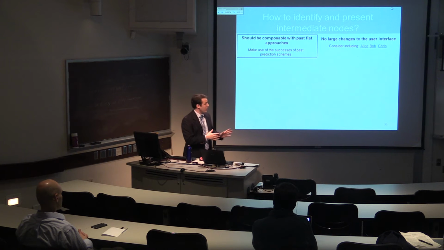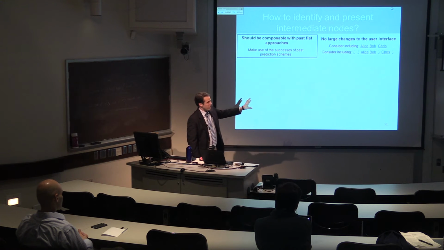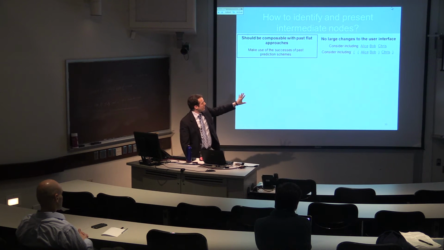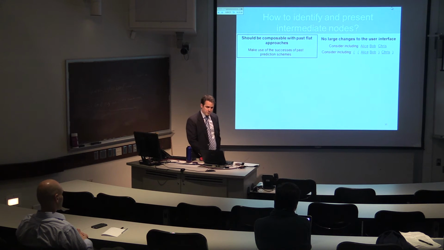Current state of the art presents lists as a flat horizontal linear list. So we made a slight modification where we include markers within that list to indicate hierarchical groups. Alice, Bob, and Chris are each selectable individually, but you can select the group Alice and Bob by selecting the corresponding parentheses or other marker, and Alice, Bob, and Chris similarly by selecting parentheses or other marker.